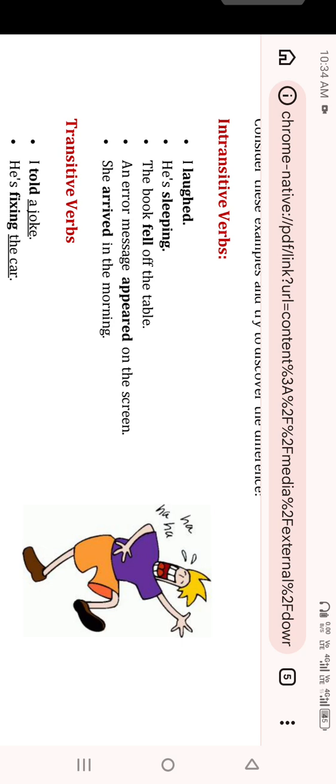यानी वो वर्ब जो अपनी मीनिंग को मतलब पूरा करने के लिए उसको एक ऑब्जेक्ट की जरूरत होती है और ऑब्जेक्ट हमेशा नाउन या प्रोनाउन होता है वो वर्ब ट्रांजिटिव वर्ब होता है लेकिन जो वर्ब बगैर ऑब्जेक्ट के अपना मतलब कंप्लीट करता है उसको किसी ऑब्जेक्ट की जरूरत नहीं होती वो इंट्रांजिटिव वर्ब होता है। So in the second